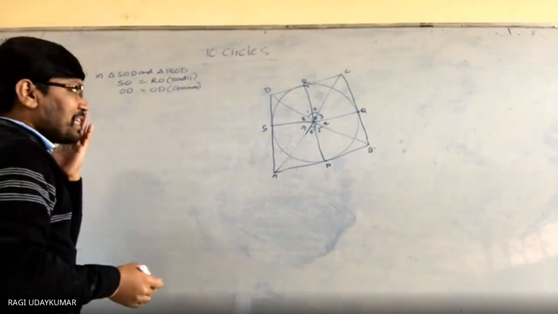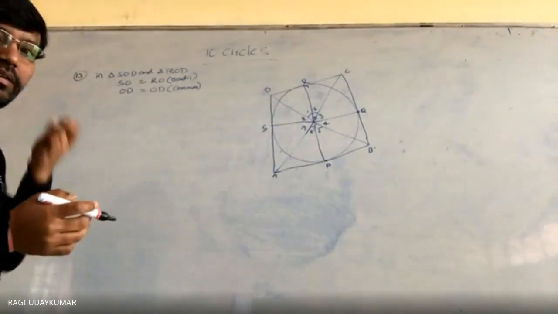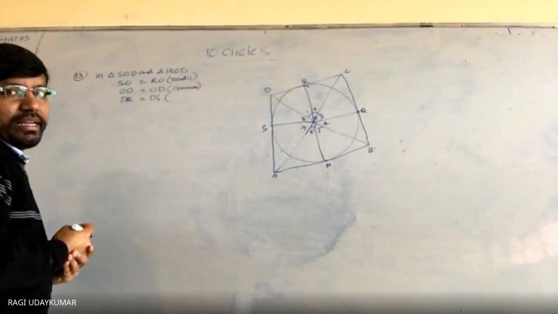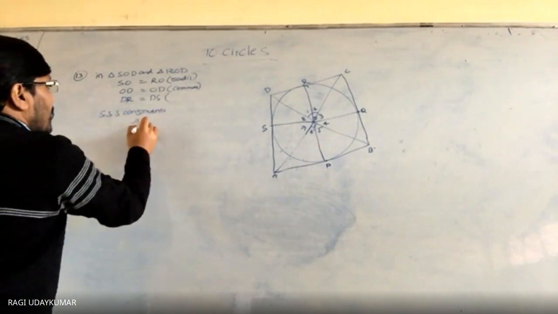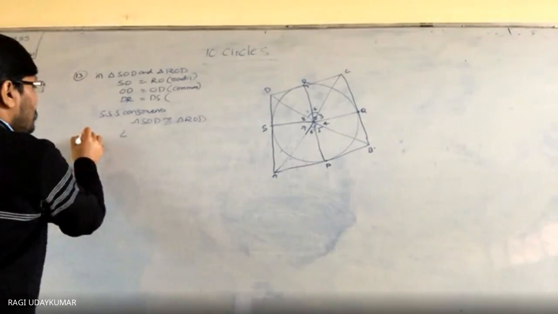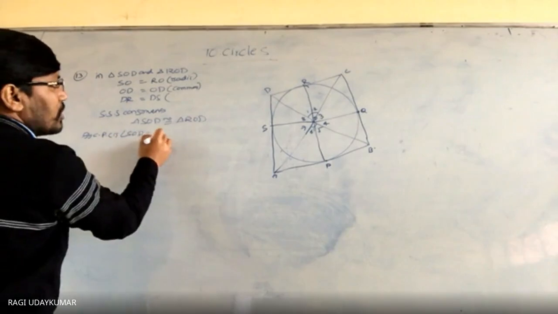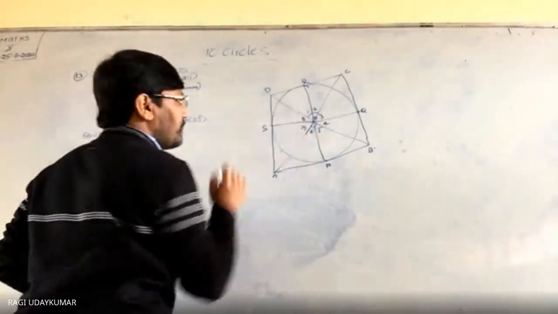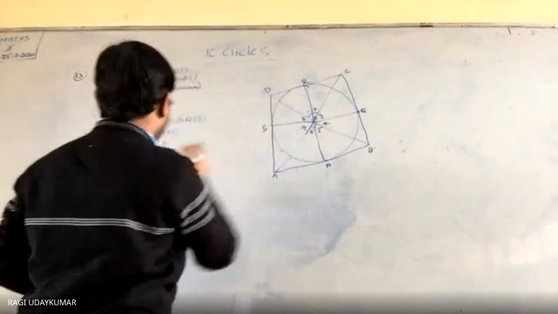Okay, and perpendicular also you can take into consideration, or you can take DR is equal to DS also into consideration. If you write DR is equal to DS, the lengths of tangents drawn from an external point, then it will be SSS congruency. In that case, triangle SOD is congruent to triangle ROD. So from this you can say that by CPCT, angle SOD is equal to angle ROD. So angle 1 is equal to angle 8. Similarly, 2 equal to 3.